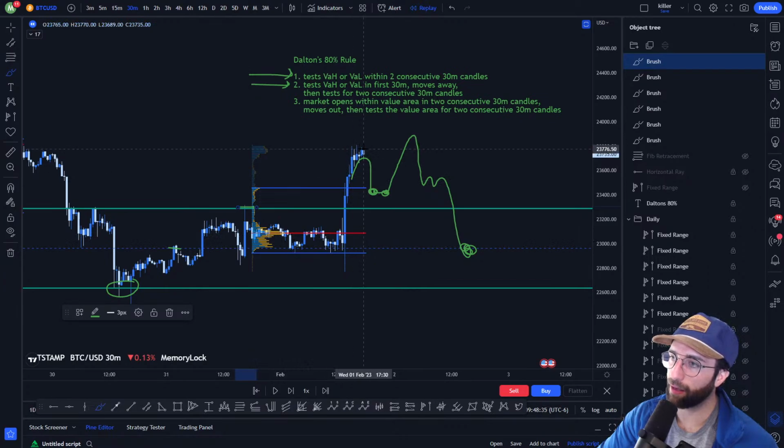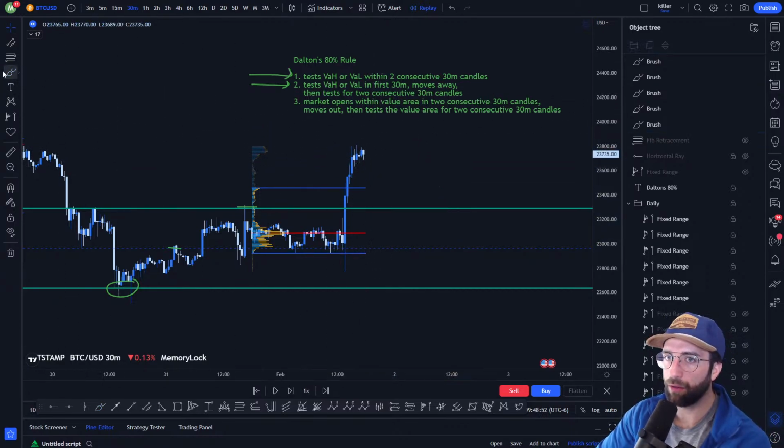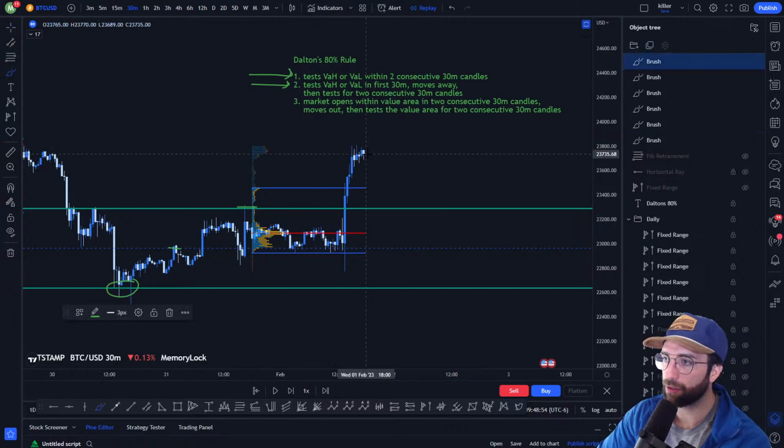It breaks out of the value area high. If that happens, I'm thinking, gosh, I have 25% still running. This is great. I'm going to continue to hold this, and we'll see how high I can trade it up to. Well, then, all of a sudden, I see price come down, and that daily open in the first 2 30 minutes, I see 1, 2 consecutive 30-minute tests of that,